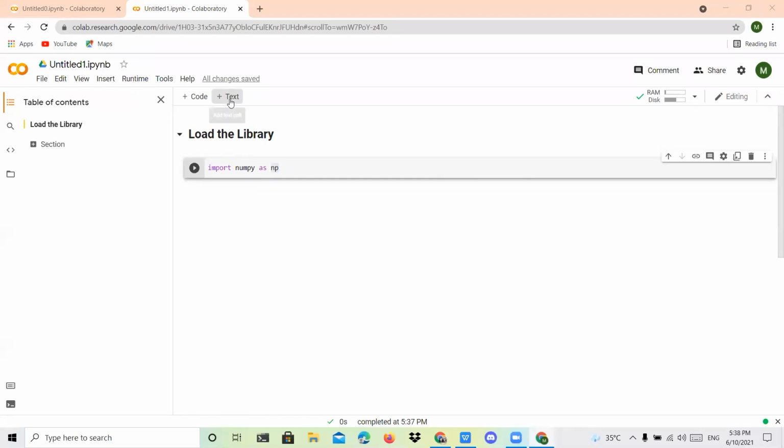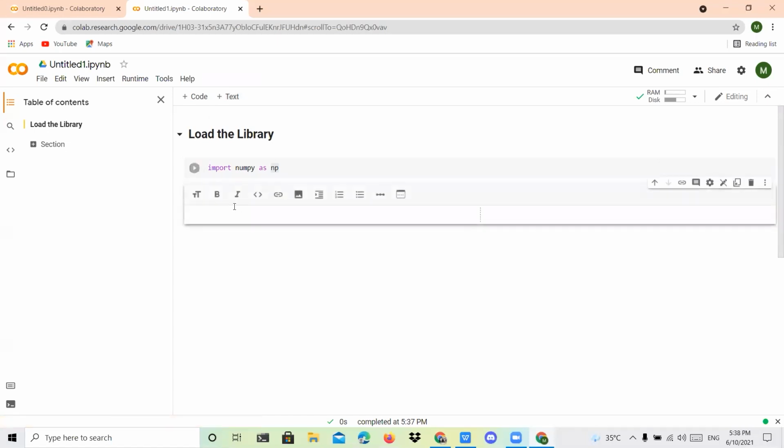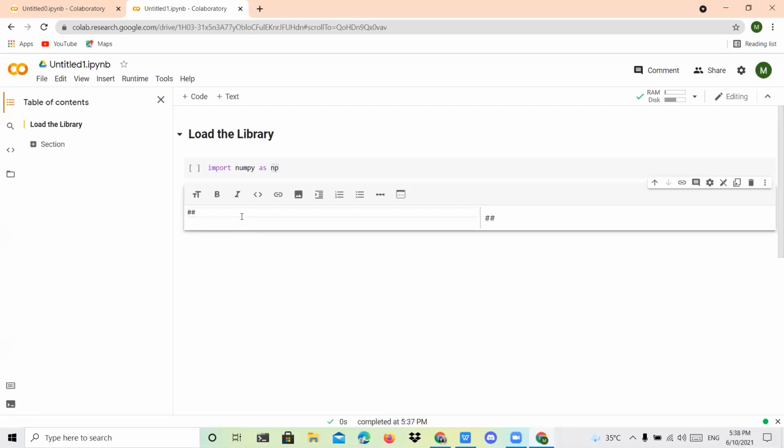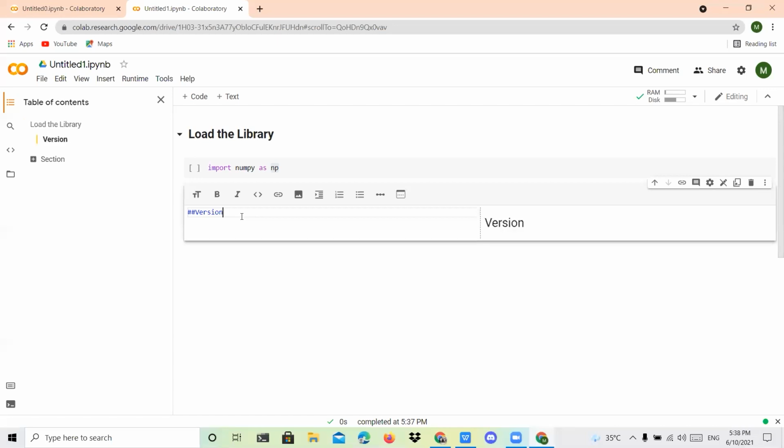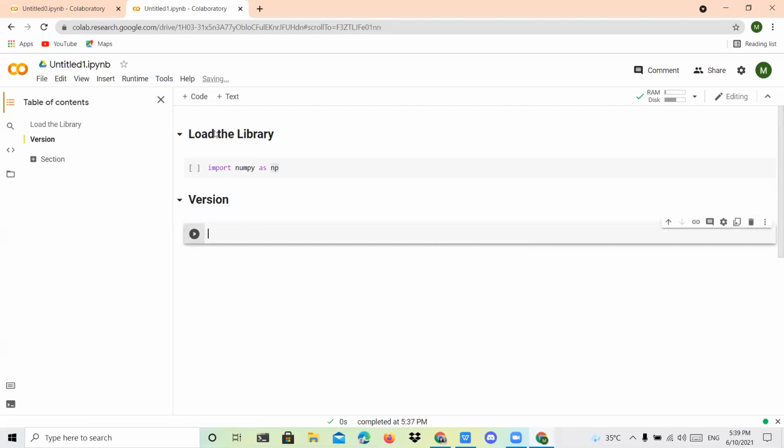After that, the next thing is, I want to know the version of this NumPy. Okay, that is also possible. So you can give it in this text cell as a version name. Before that, you can give a heading marker followed by the name. What is the syntax name? Okay, here I'm going to give it. After that, you can select this particular version text and make it bold. Next, you can click code. Like that, it will be.